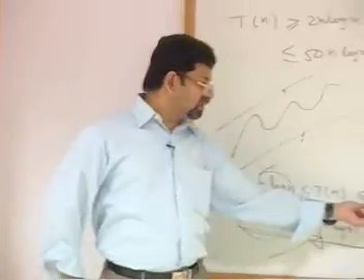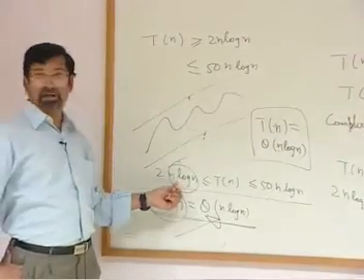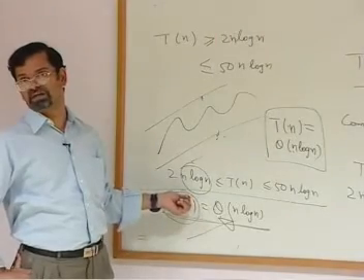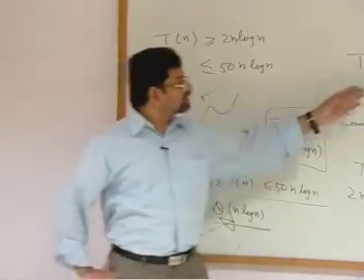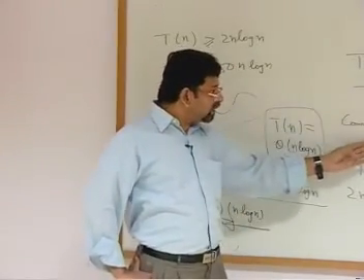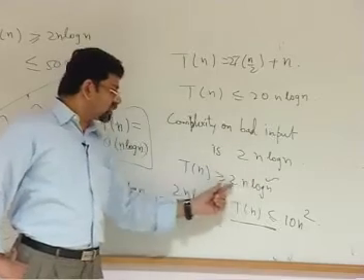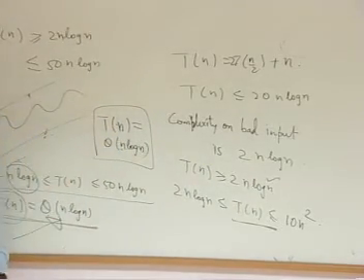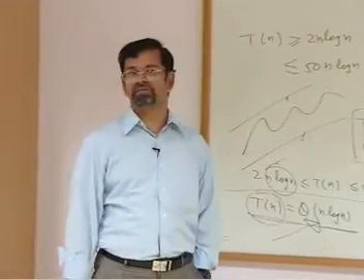But how is this done? This is done by estimation. And how is this done? Remember, this is done by cooking up a bad input. This is not done mathematically, right? Because T(n) is a worst case complexity. The complexity on a bad input is something like this. Therefore, T(n) must be larger than this. This is how the lower bounds for algorithmic complexity functions are determined.